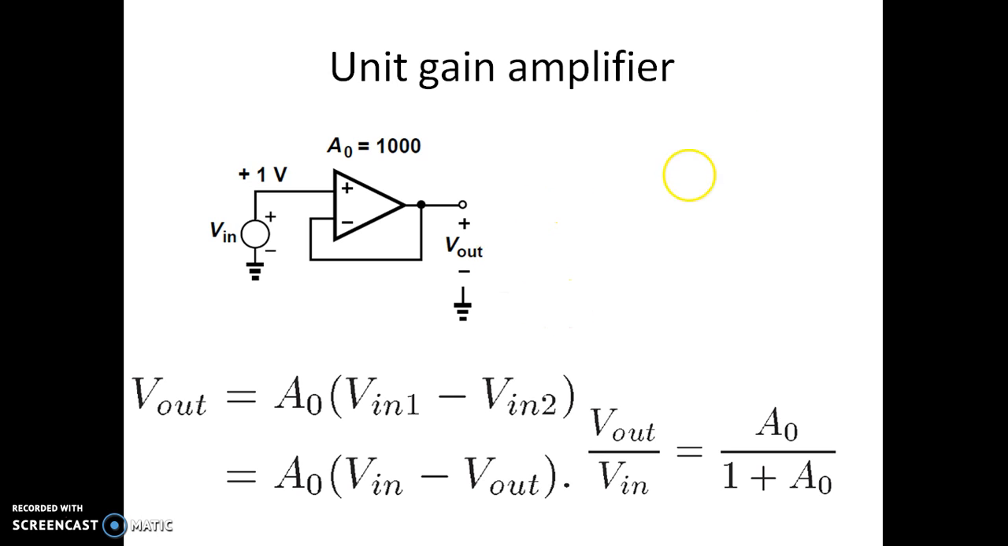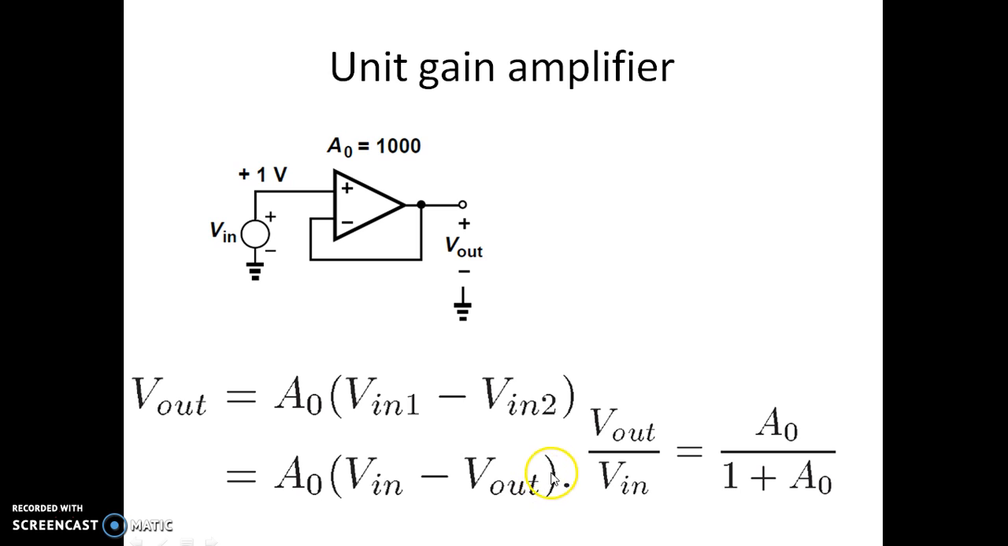Now we can see the output voltage is fed back to the input V in 2. So V in 1 is V in. So this is the output expression that we have. So V out is nothing but A0 times V in 1 minus V in 2. So V in 1, which is the voltage at the non-inverting terminal, is actually V in. But V in 2, the voltage at the inverting terminal, that is minus, is equal to V out. So substituting V in 1 as V in and V in 2 as V out,